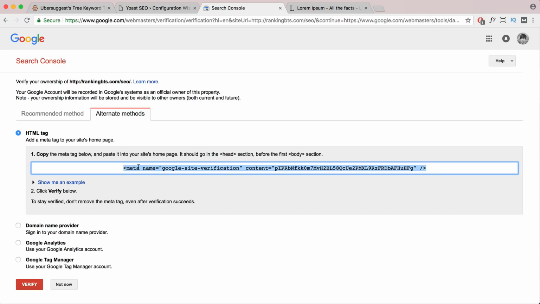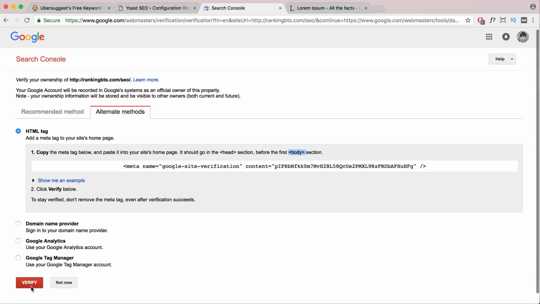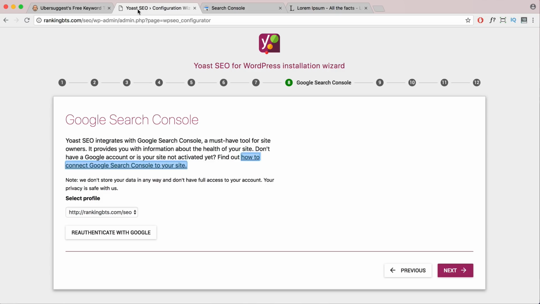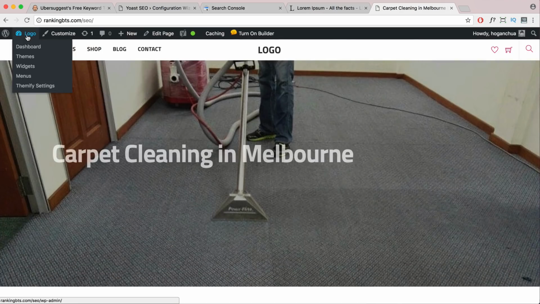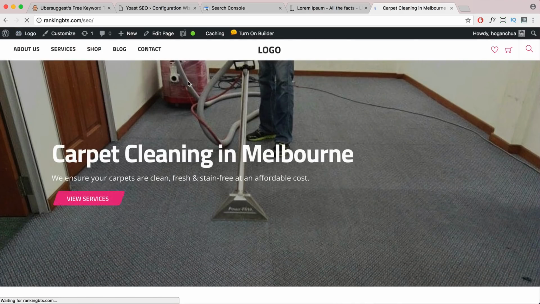So I'm going to copy that, and you want to go to the head section of your website, or before the first body section of your website, and then click on verify. Okay, once you've done that, what we're going to do is go to my dashboard. So I'm going to copy that, open that in a new tab, head to the dashboard section,